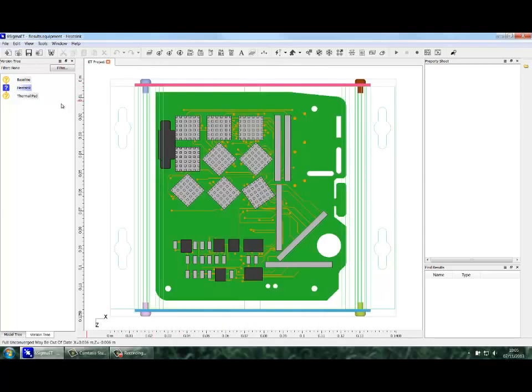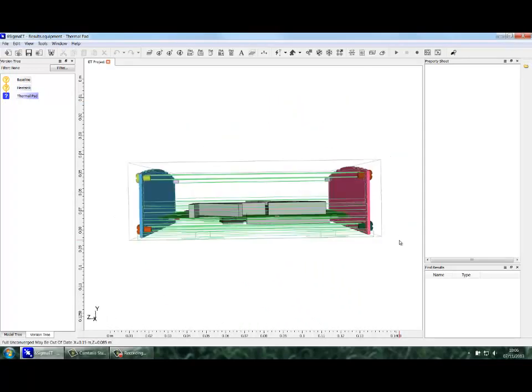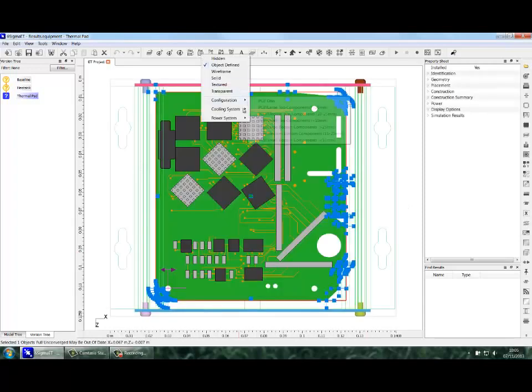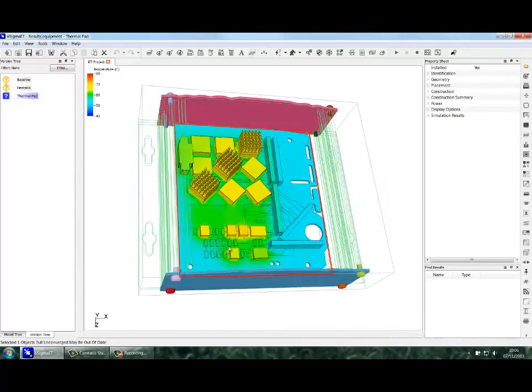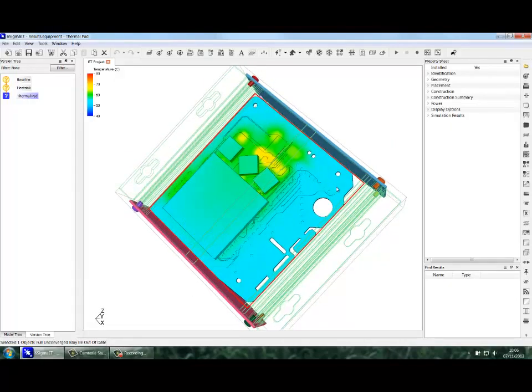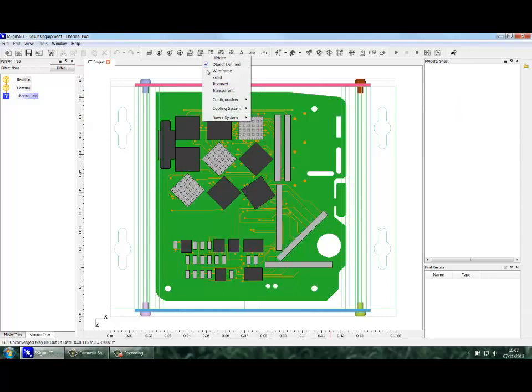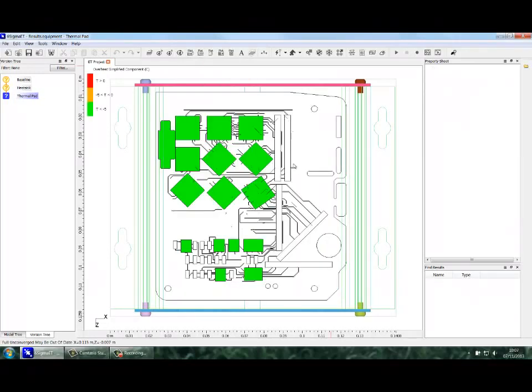An alternative solution is to add a large thermal interface pad underneath the board. This will provide a heat conduction path between the board and the enclosure. If we look again at the surface temperature plot, you can see that the board temperature is much more uniform and the maximum board temperature is significantly lower. The heat is being effectively dissipated to the case. The overheat plot shows that with the addition of the thermal pad, all components will operate below the maximum operating